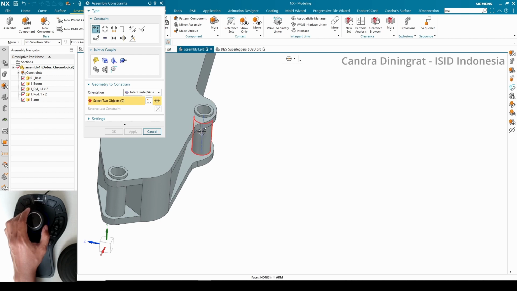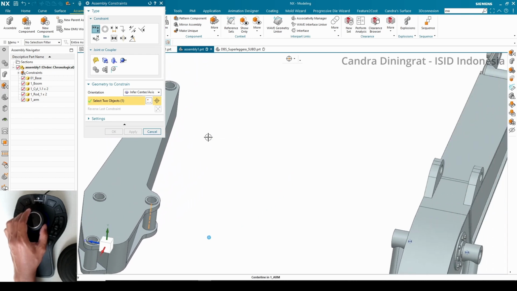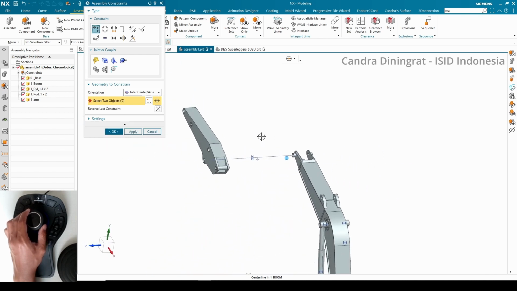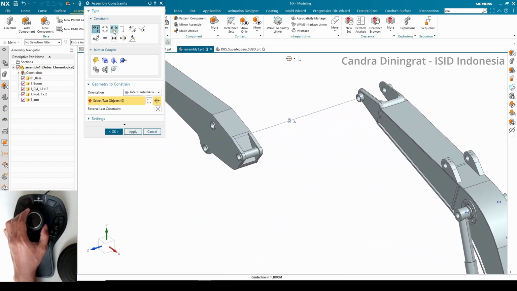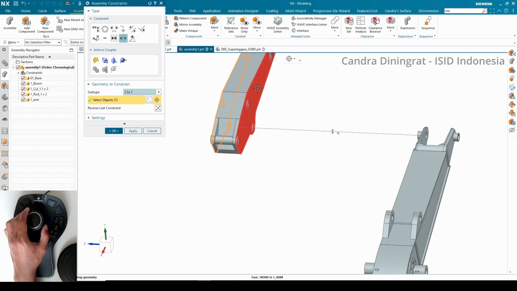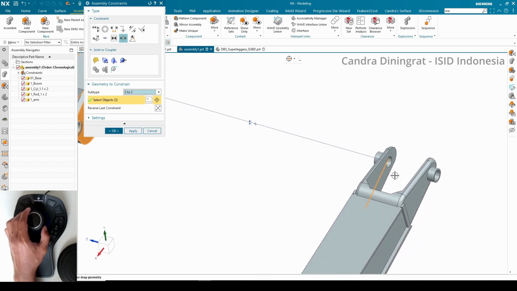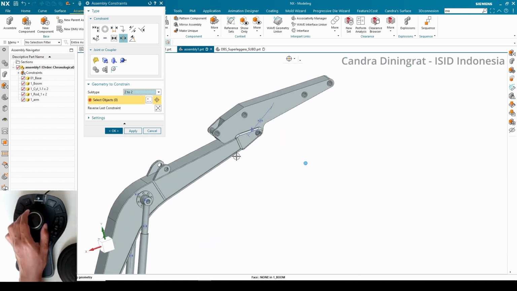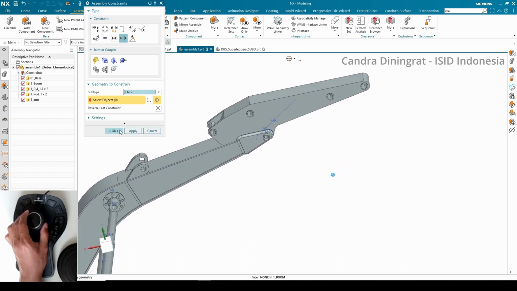this axis to this axis, and I will do a center again between these two faces. We can do a shift selection and these two faces. Okay,